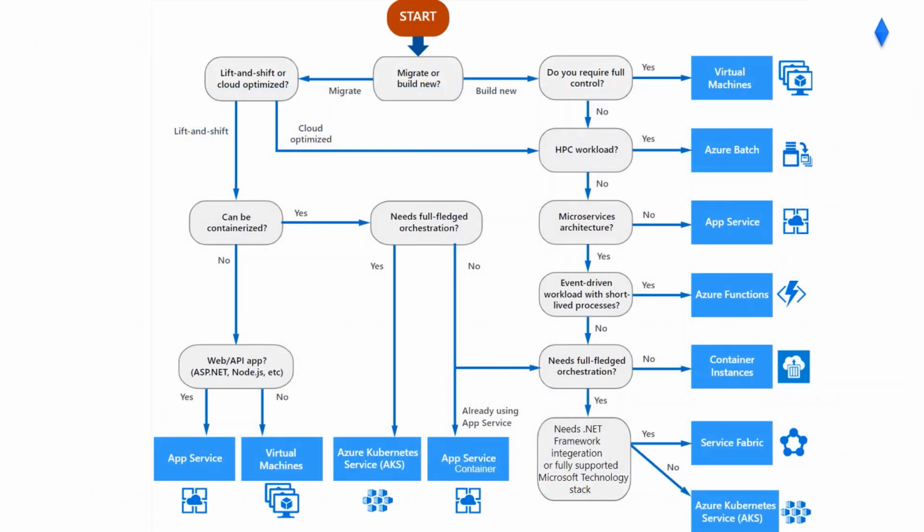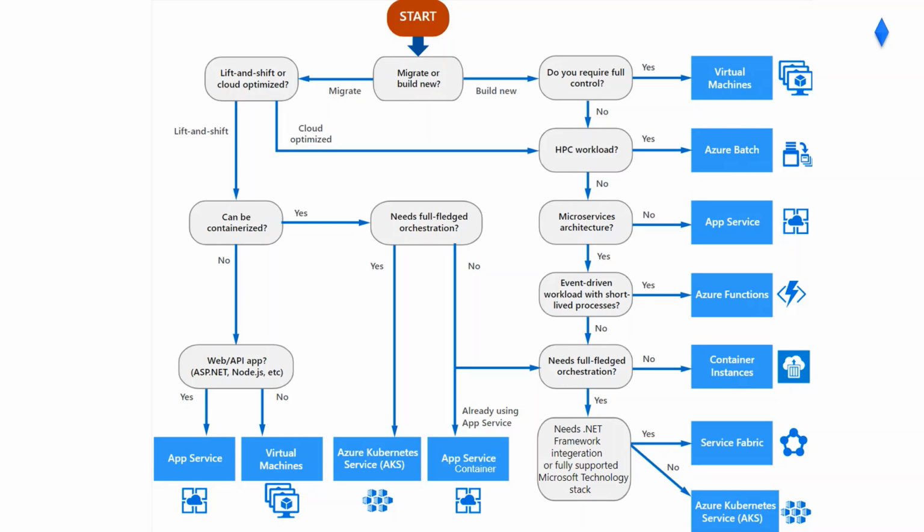This one, we blew up the slide in this section, which gets kind of a decision tree. Again, we could scratch off Batch and Service Fabric, but everything else is game. So are you doing lift and shift or cloud optimize? Do you need full-fledged orchestration? Yes or no? If it's a yes, we go down straight to the middle and the bottom, and we go